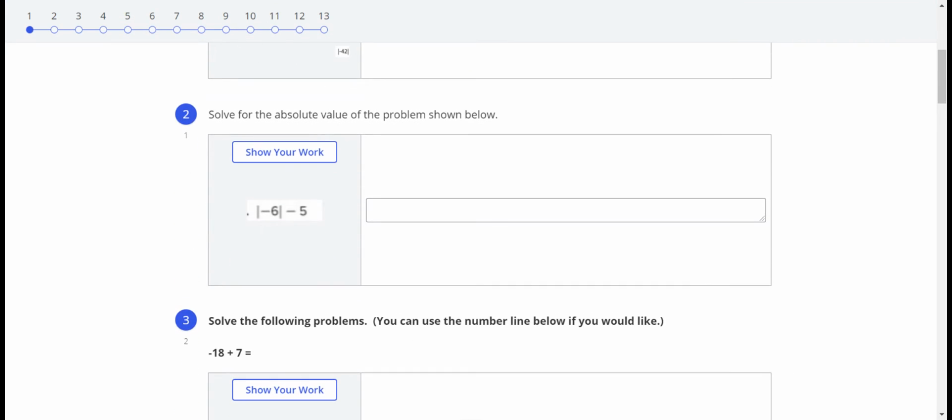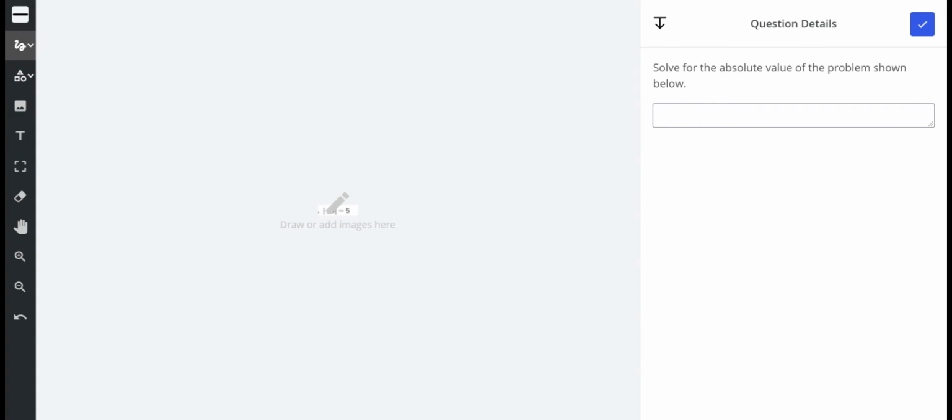All right, number 2, solve the absolute value of the problem shown below. So if you have the absolute value of negative 6 minus 5, well, I'm first going to start by changing this to an addition problem. So I'm going to change the minus sign into an additive inverse. So that means I'm going to add and make this into a negative 5. Then I'm going to go back to the absolute value. So the absolute value of negative 6 is 6